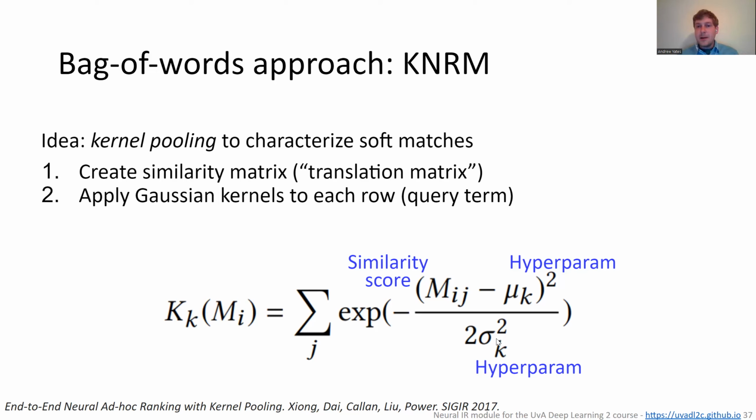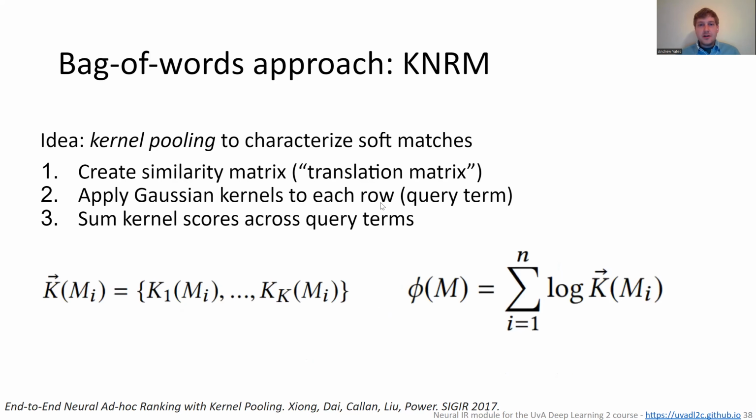We also have this sigma hyperparameter, and of course this is essentially the width of the soft histogram. So we want it to be large enough to capture things around 0.9, but not so large that, say, 0.8 contributes a lot, because our plan is to also have a separate mu for 0.8. So after we've applied these Gaussian kernels, we have these k different kernel scores,